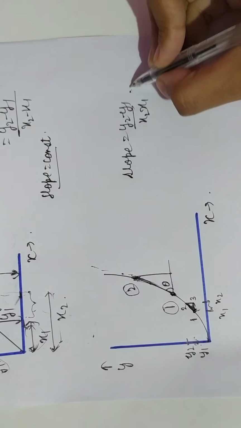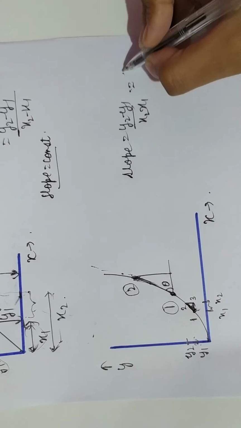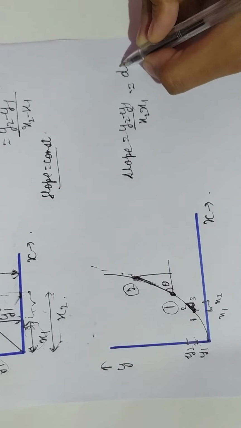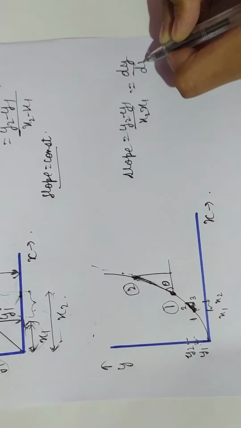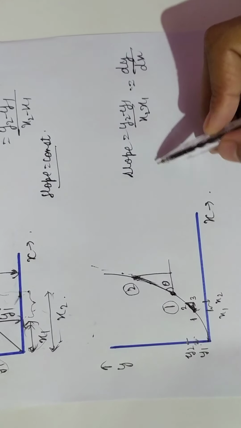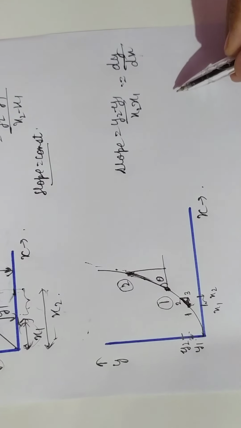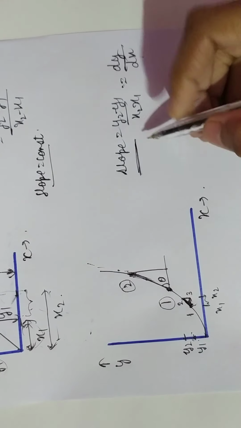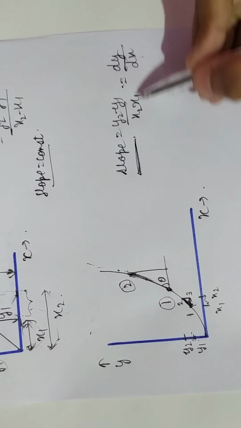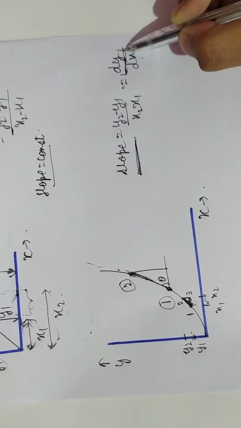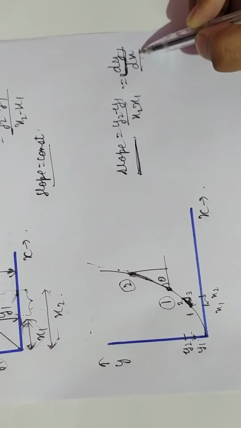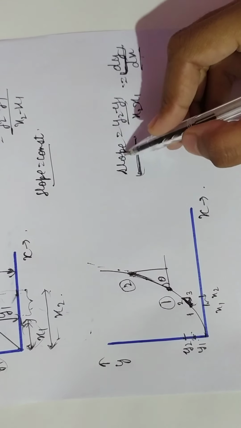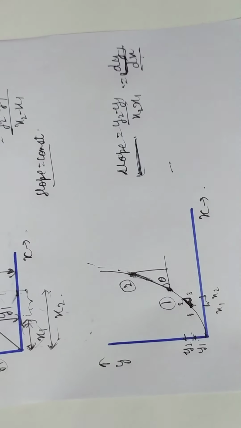So how can we write it? Due to this very small distance, or we can say very small change in distance, we can write it as dy by dx. Okay, now we can write the slope as dy by dx. And what else can we say? How do we define slope now? We define slope as change in y-axis with respect to x. Okay, this is how we are defining slope. So up till now the concept of slope is very clear.